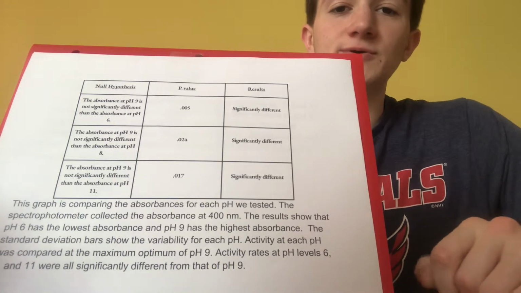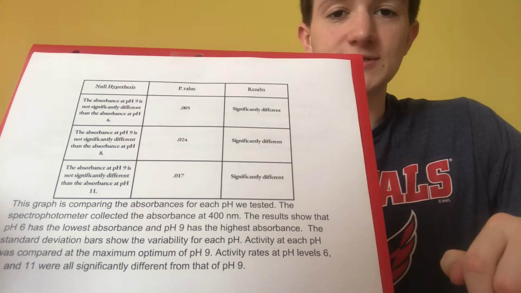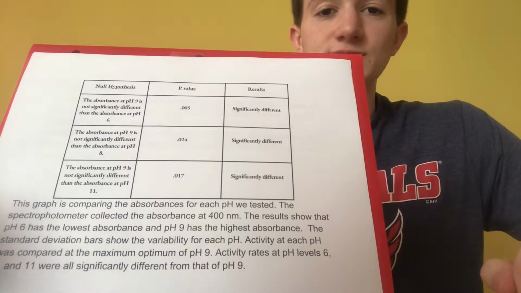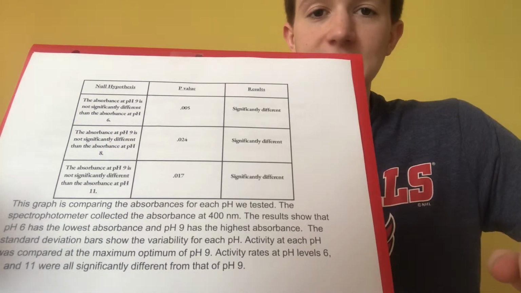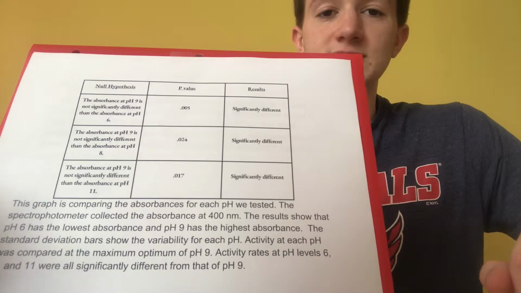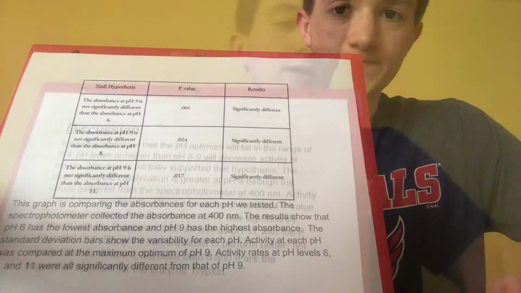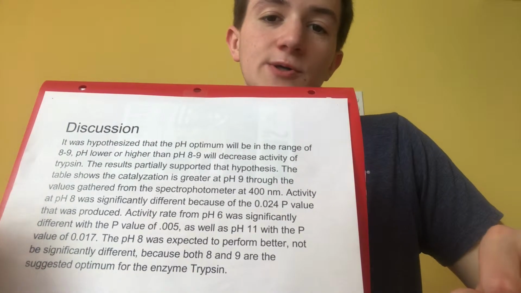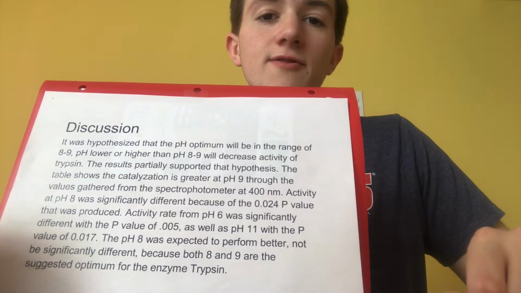We got a p-value of 0.005 for pH 6, a p-value of 0.024 for pH 8, and a p-value of 0.017 for pH 11. So the experimental design and execution was adequate to test the hypothesis,